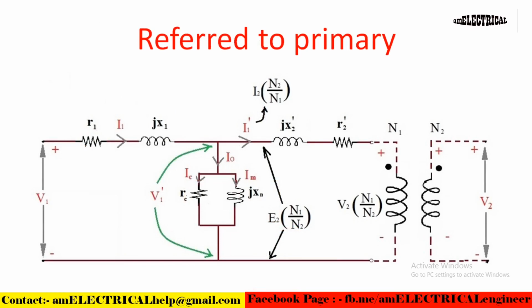So now if we look at the overall transformation, then it is clear to us that in case of voltage, the multiplying factor is N1 divided by N2, and for impedance it is N1 divided by N2 square. As the current is inversely proportional to the voltage, by the help of this transformation formula, in case of current it is N2 divided by N1, just the reverse of voltage.